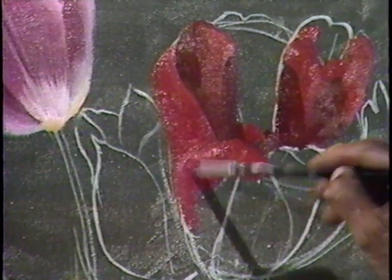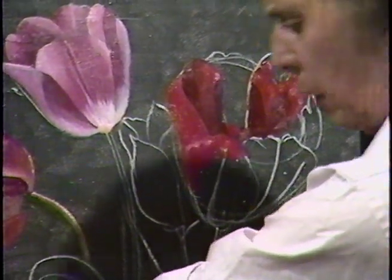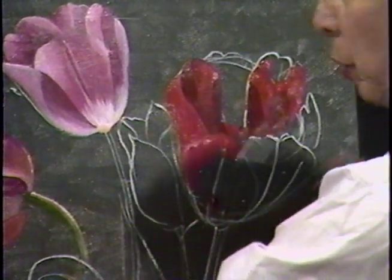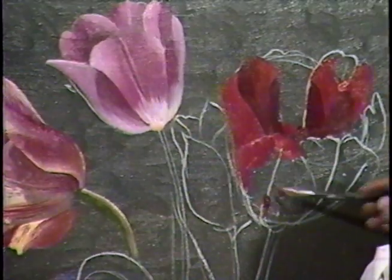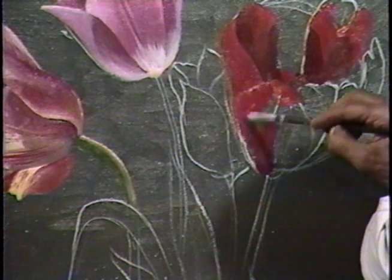All right, we have a red flower here that has already gotten, oh lordy, so many different reds, and I'm going to hold this a little bit forward so that we can try to get rid of some of these intense reflections which are distracting and are counterproductive to my being able to show you how to do this, except that now my arm's in the way. Okay, the bottom of this petal is quite dark,